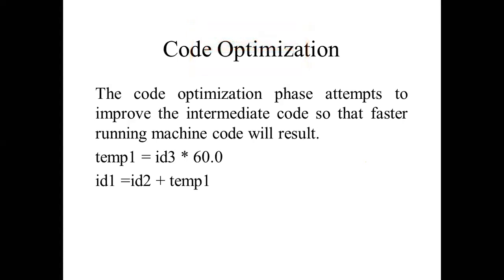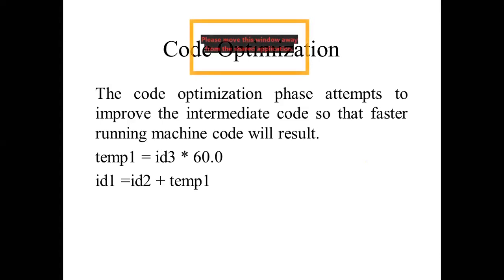The code optimization phase attempts to improve the intermediate code. First, we are simply generating the intermediate code. We are not reducing anything, we are just developing it. In code optimization, we try to remove redundant expressions as well as the extra variables and other things. Maybe we can reduce the number of loops, because while writing the program we never think about reducing the number of lines.